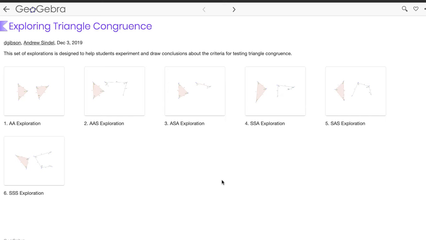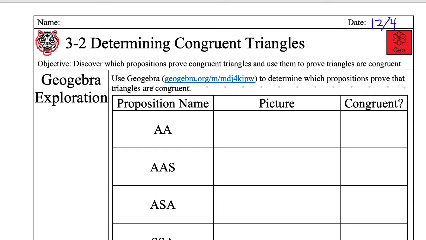this. When you go to this lesson on Google Classroom, you will see each of these. Double angle exploration, angle, angle, side, angle, side, angle, side, side, angle, side, angle, side, side, side, side. So you start with angle, angle, and then you come back here for angle, angle. Again, the A means angle. You can write this down on your notes if you want. A equals angle. And S means side, and it just refers to the order of things that are congruent in the triangle. So this is saying I have an angle and an angle that are congruent in both of the triangles. This says I have an angle and a side, they're all adjacent to each other in both triangles, and they're all congruent. So if I just have 2 congruent angles in a row and then a side that's congruent,